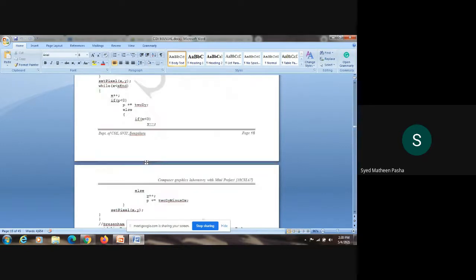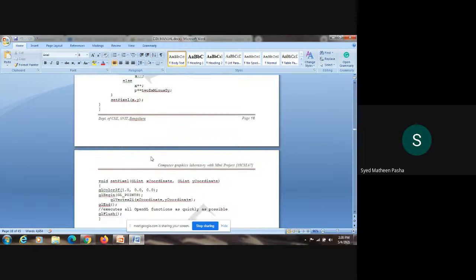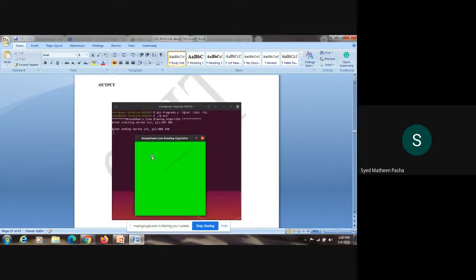So let's see the execution. I have inserted the snapshot of the output. Once the program is done, once the display function is called, everything goes on normally. Then you will compile the program. Once compilation is done, it will directly execute all the functions which are defined there, and it will check out the void display function.